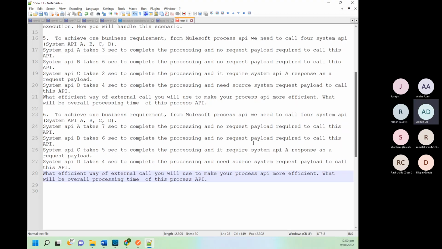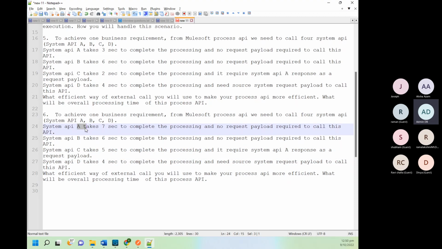The C call needs system A's response; C needs the response we get from A. D takes 4 seconds to complete and also doesn't need any request from the others. Only in the case of C, it needs a response from A.